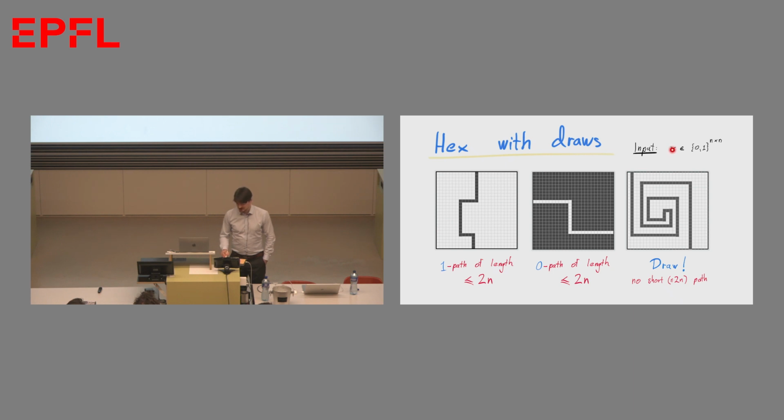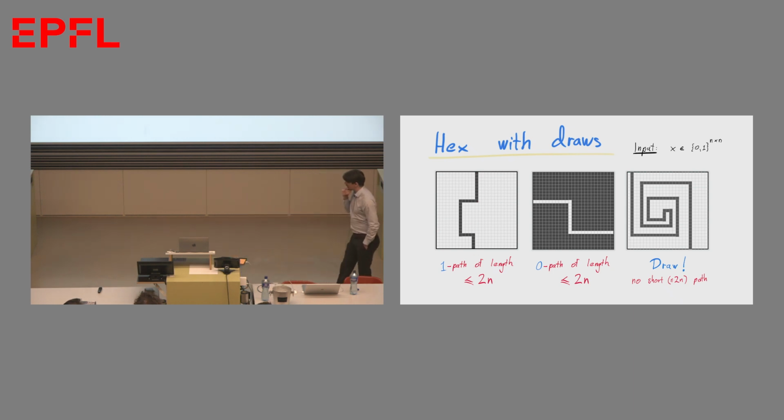It takes as input, let's say, a Boolean matrix or a white-black coloring of the grid. So it's an n by n Boolean matrix. And I say that that matrix, the first player or the black player, wins if there's a vertical path of ones, so black means 1, that's not too long. So the path from top to bottom is at most 2n steps. Okay, so the height of the whole matrix is n. So if I allow 2n steps, I leave some wiggle room for the path, but it should pretty quickly